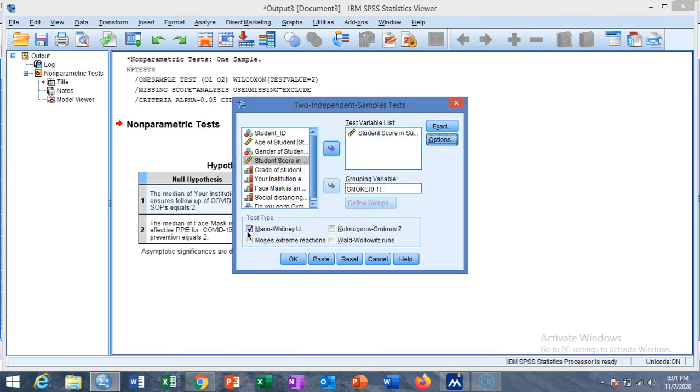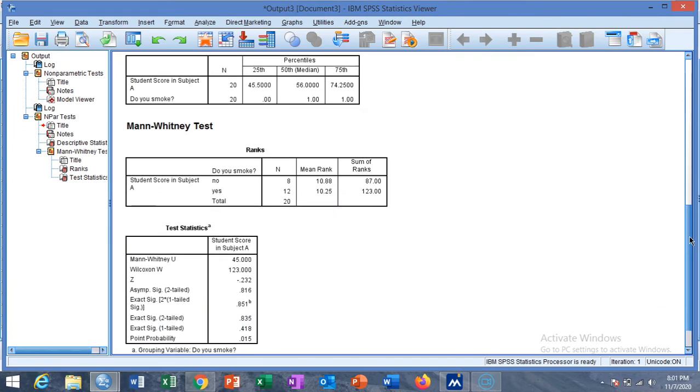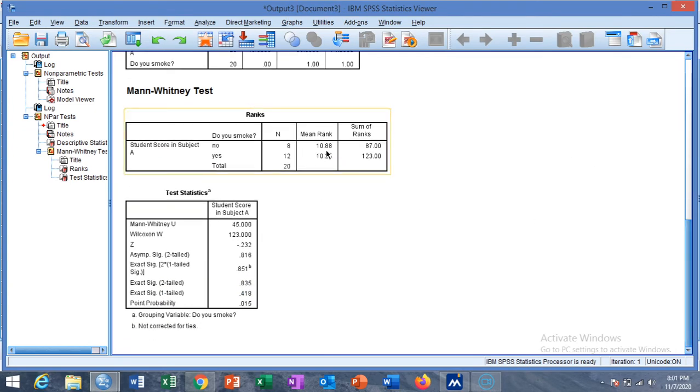And we are using Mann-Whitney U test. Then click on OK. This is the mean rank for group no, and this is the mean rank of group yes, and the sum of ranks are also given, and the z test provides the value of minus 0.23 with a p-value of 0.85, which provide no significant evidence that the median of the two groups are same.